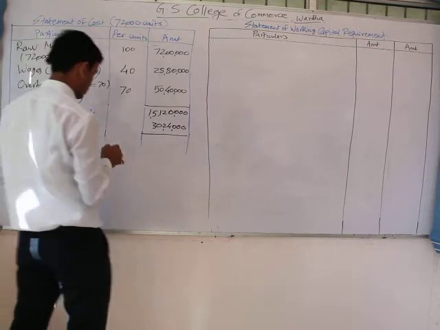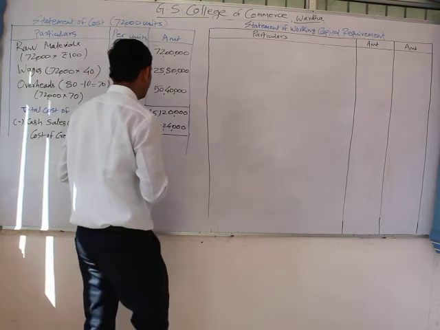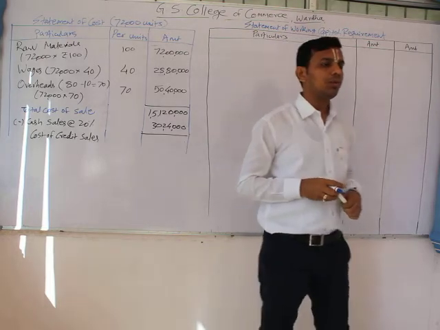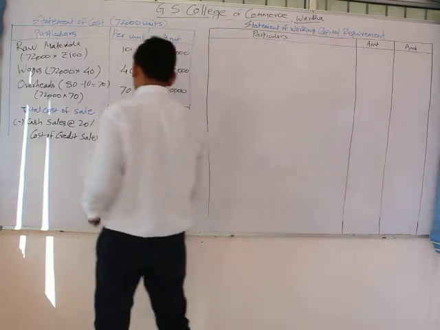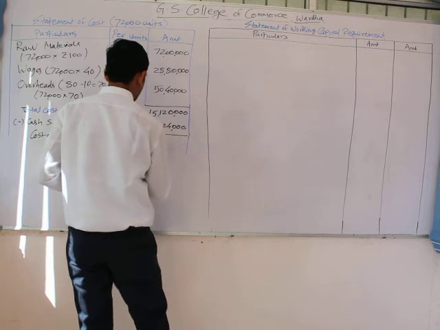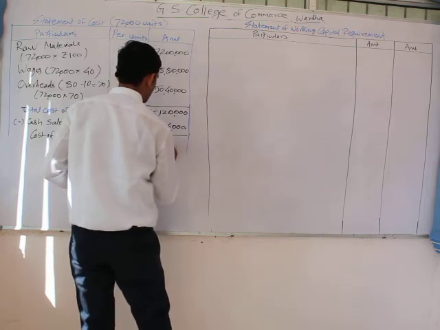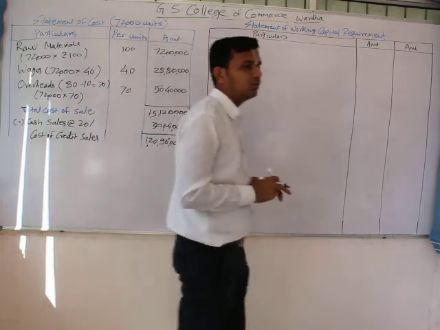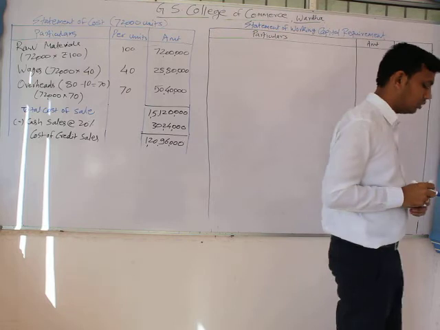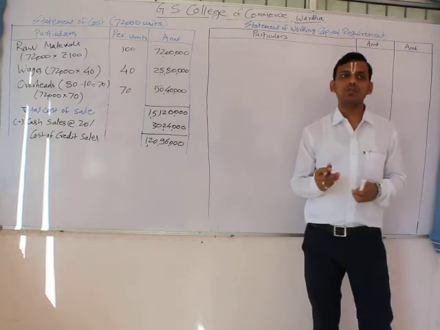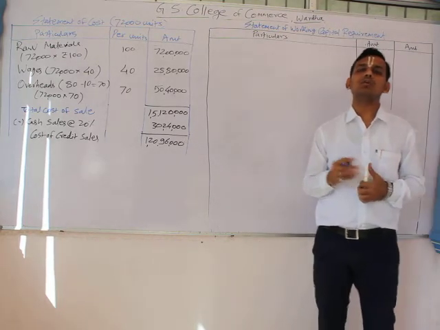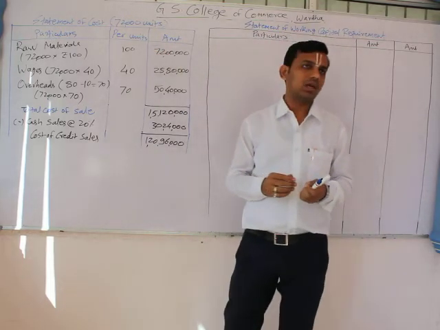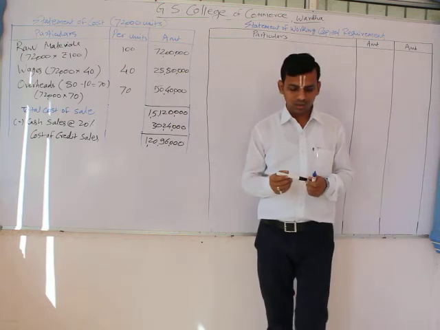Cost of credit sales would amount to rupees 1 crore 20 lakh 96,000. That is the cost of credit sales which we have to take into consideration for the calculation. Now, as we have all the information related to the calculation of working capital requirement, we can move towards the calculation.